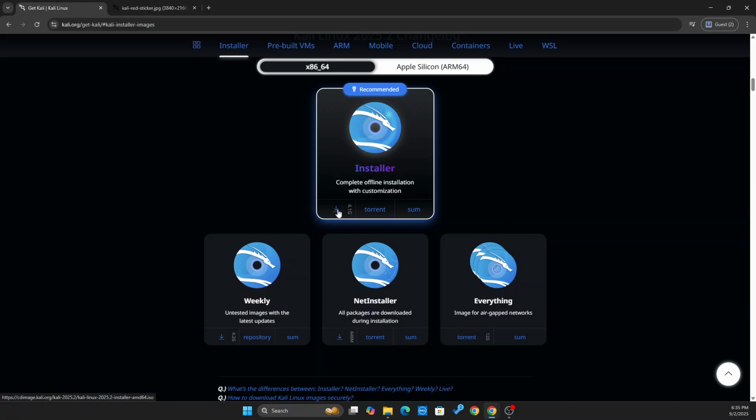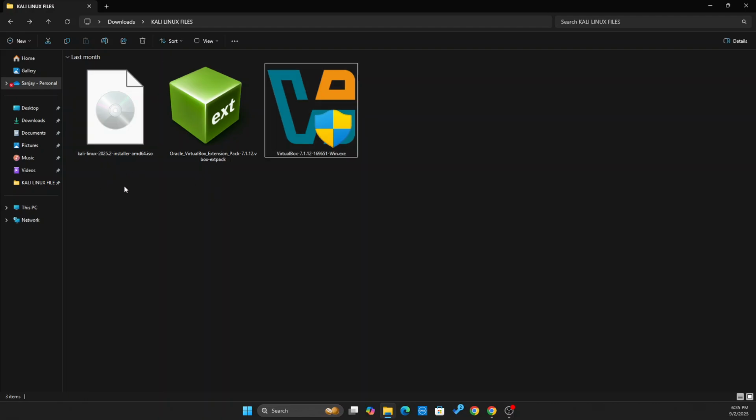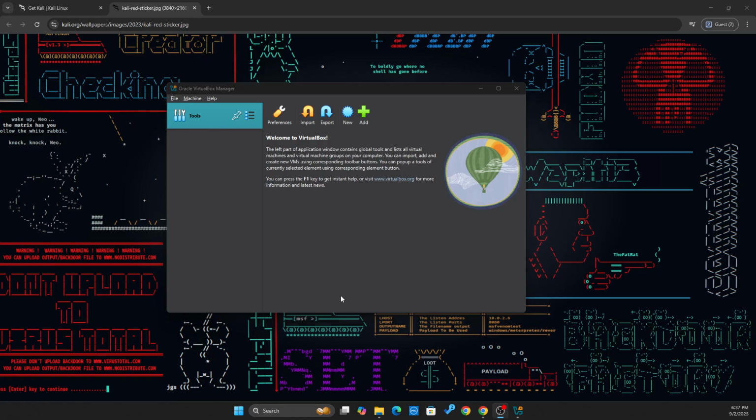your file will start downloading. As I already downloaded it, I am not clicking and downloading again, and will be showing you in my files where I have saved it. So here is my Kali Linux file, which I have already downloaded for you. Now moving further, we will go to the New option in our VirtualBox and will be adding